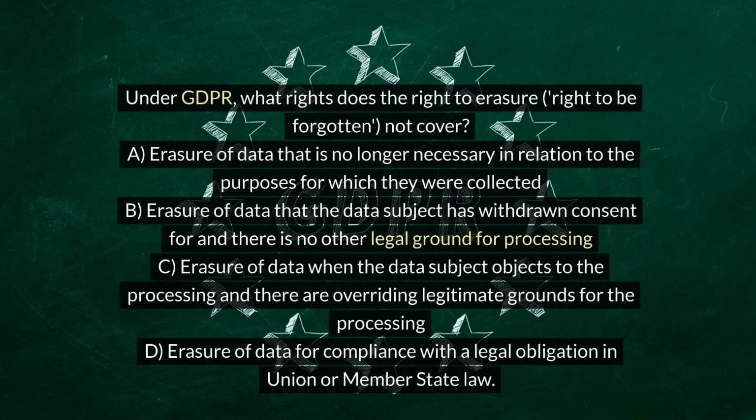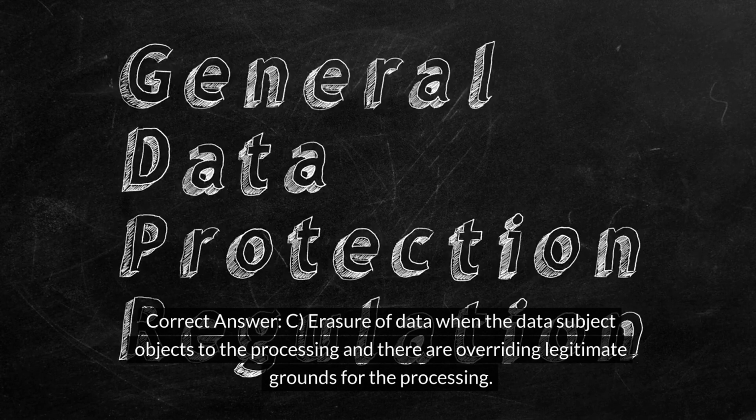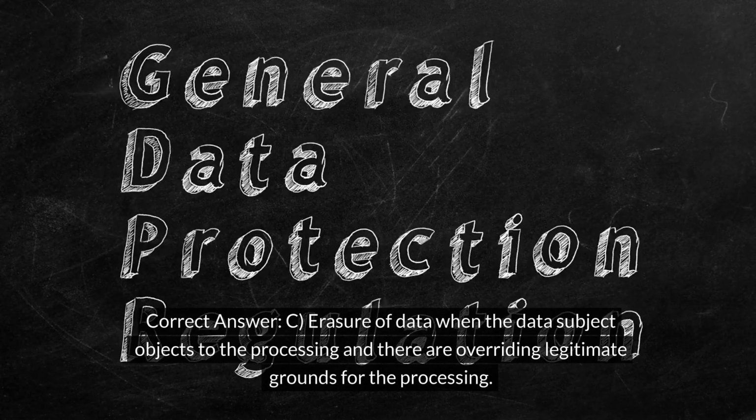Under GDPR, what does the right to erasure, right to be forgotten, not cover? A. Erasure of data that is no longer necessary in relation to the purposes for which they were collected. B. Erasure of data that the data subject has withdrawn consent for and there is no other legal ground for processing. C. Erasure of data when the data subject objects to the processing and there are overriding legitimate grounds for the processing. D. Erasure of data for compliance with a legal obligation in Union or Member State law. Correct answer. C. Erasure of data when the data subject objects to the processing and there are overriding legitimate grounds